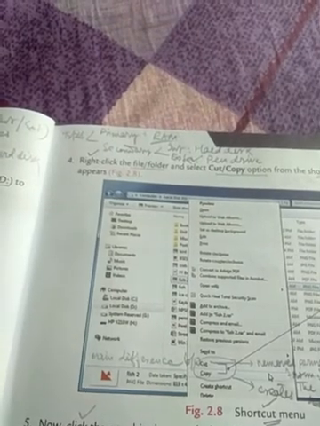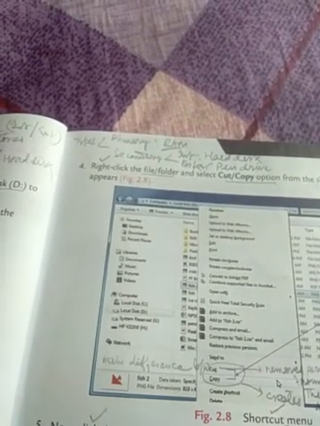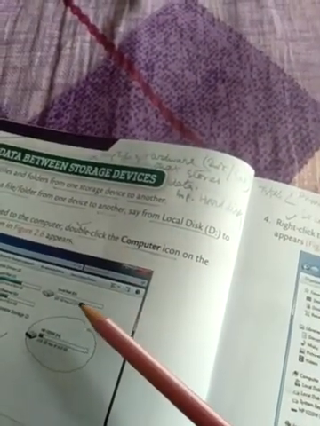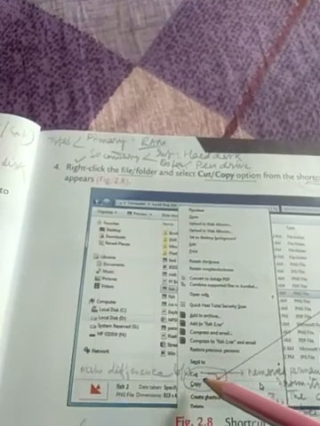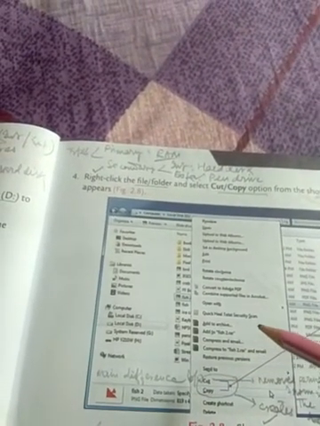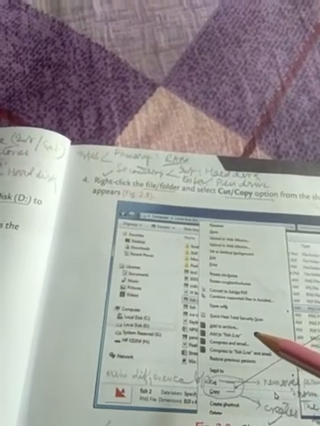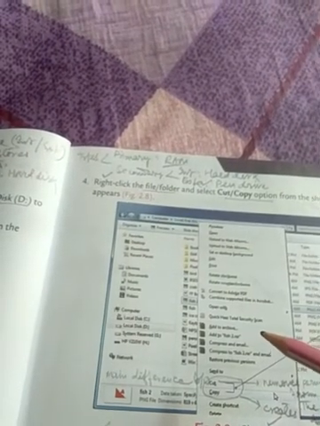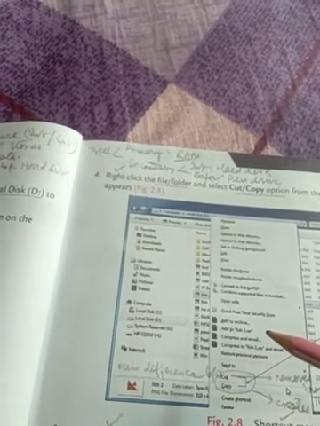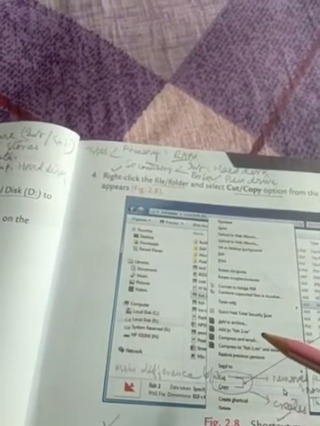Let's take the example. If we want to remove any folder permanently from the local D drive to the pen drive, then we have to take the help of the cut option, because it helps to remove permanently the selected data from the local D drive to the external secondary storage device, that is the pen drive.